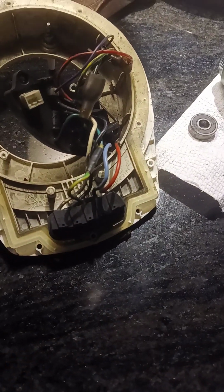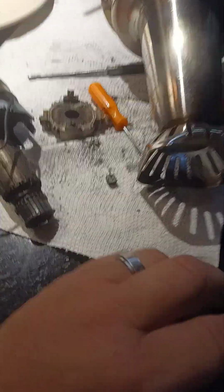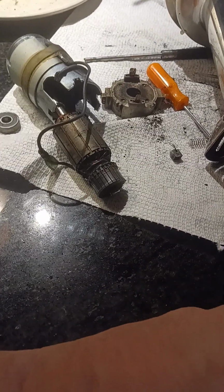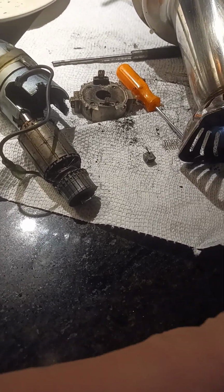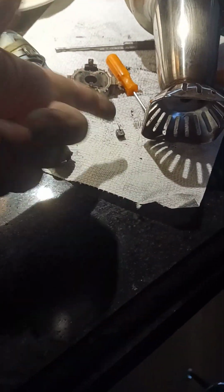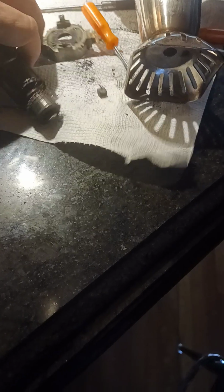She was upset about it because she only had it for 2 years, and she uses it every day. It's a religious kind of thing for her because that's her breakfast. And I totally understand. And $299, using it for 2 years, you would think it would last longer, but obviously it's not, because once the brushes wear out, you have to replace the motor. Now, with the motor being said,